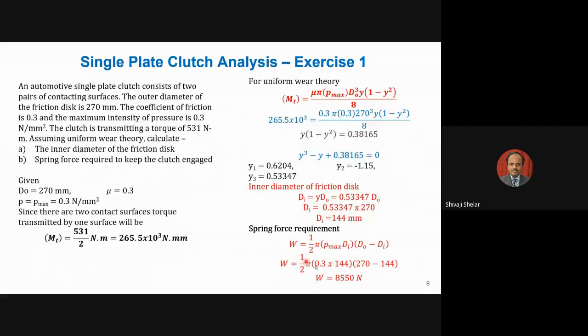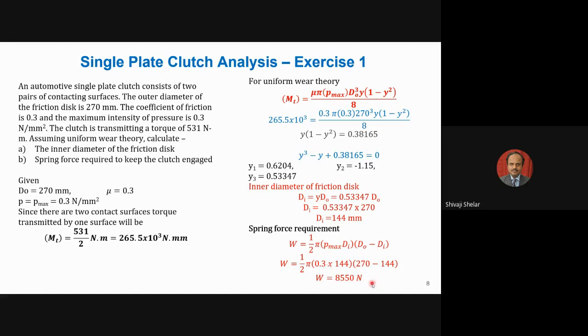Now, can a person apply 8550 Newton force? Suppose my weight is 80 kg, so 80 into 10, that is 800 Newton force is my weight. Even if I sit on a pedal, maximum 800 Newton force I can apply. Then how will I actuate this mechanism? For that you have to use a lever mechanism. Lever mechanical advantages are used. When we are designing a clutch, there are bell crank levers and transmission levers. These bell crank levers have a mechanical advantage ranging from 1:2 to 1:20 or 1:100 depending upon the requirement.